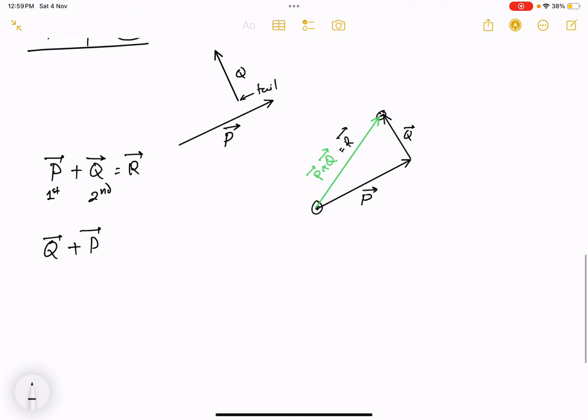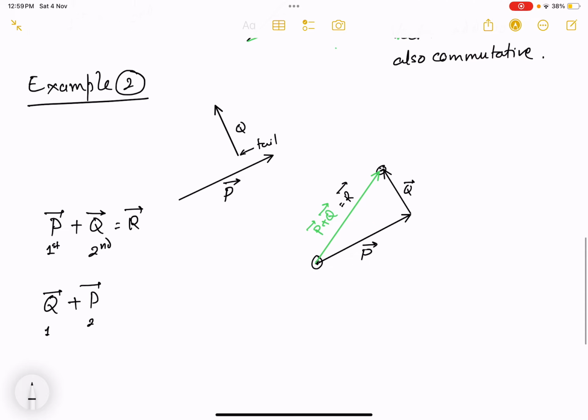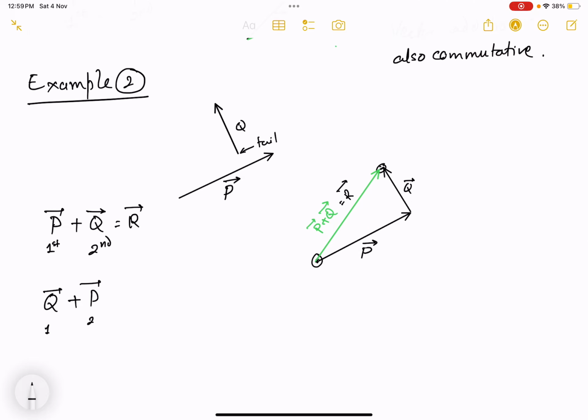So now you have changed the orders. What was first vector in previous case has become now the second vector. And what was the second vector in previous case has now become the first vector. You understand? So now which vector to draw first? Q. So you draw Q in a way. First vector to be drawn is not this way. iPad has its own intricacies. You draw the first vector Q. Okay? Such that